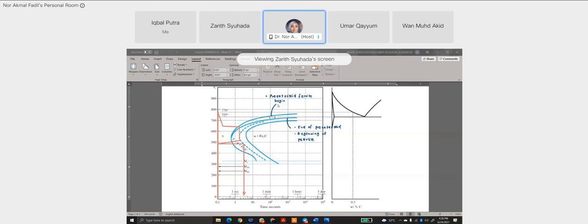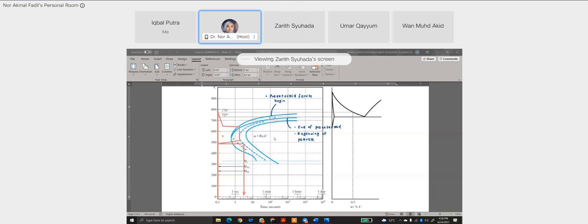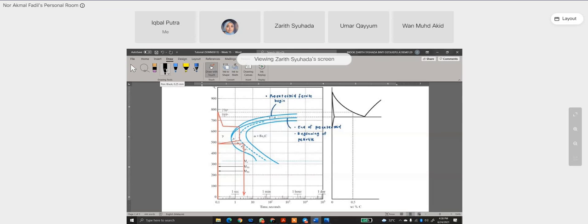Ya betul. Just simbolik je. Once you quench ke 650, lepas tu you quench ke 450 ni, reading time dia adalah sekian. Bila dia turun ke suhu bawah, dia akan start kosong masa hingga berapa second. Macam tu. So, jadi secara simbol dia tak adalah undur masa. Tapi kalau you lukis daripada 650 tu, you terus turun ke